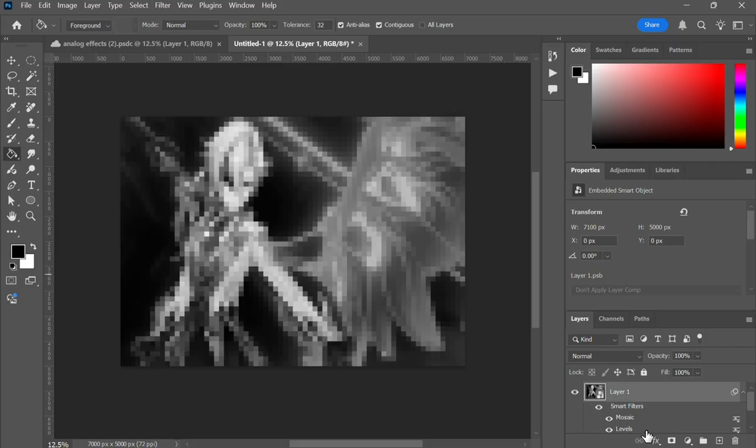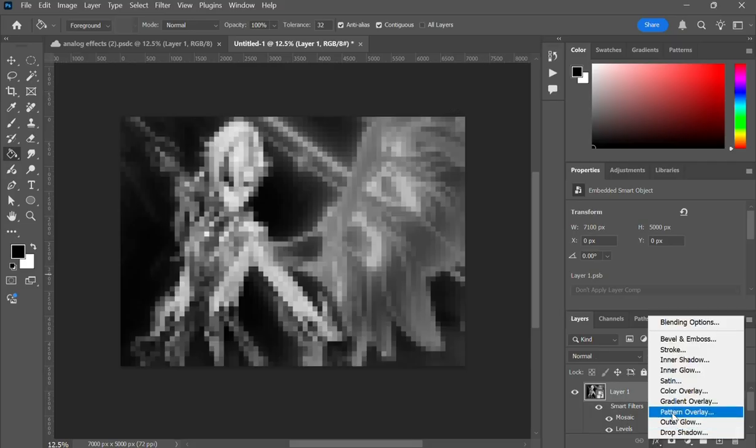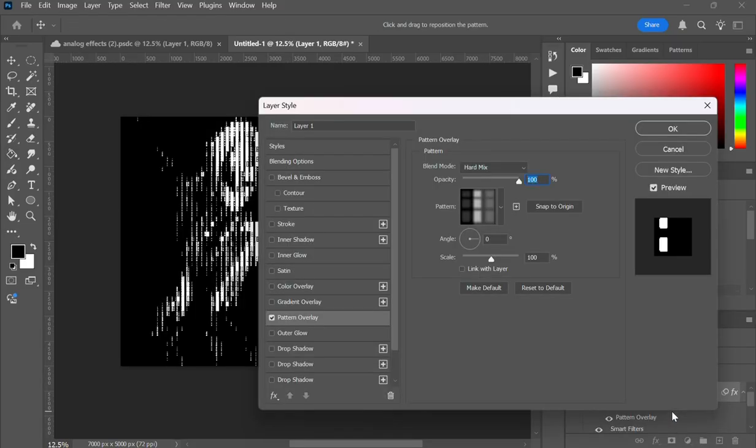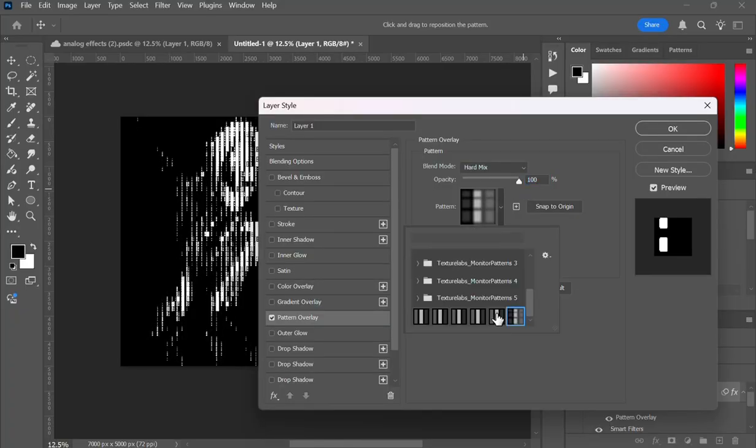And now we will be adding a pattern overlay. We need to make sure that the blend mode is on hard mix. And if you want to make sure that your pattern is aligned with your image, you can go ahead and mess with the opacity. For my image, I will be using a soft pattern from the 5th folder. There are many more in this pack that you can go ahead and check to see which one works best